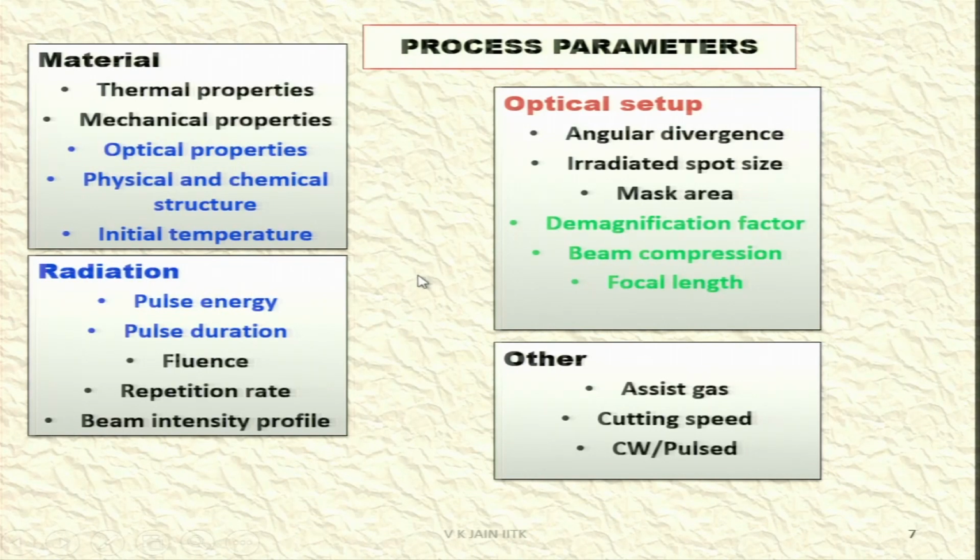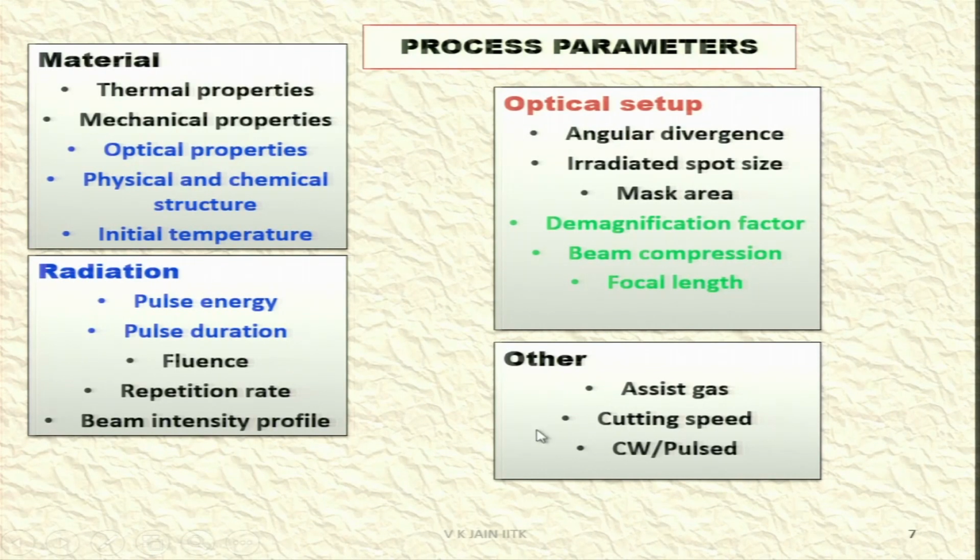There is also assist gas, because I have shown to you a picture in part 1 where gas is assisting the laser beam micromachining process. So which gas you are using, what are the characteristics of the gas, what is the velocity of the gas flow, etc. affect the process performance, cutting speed, and